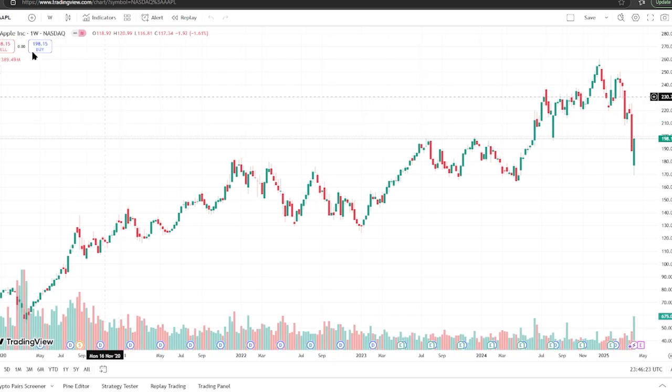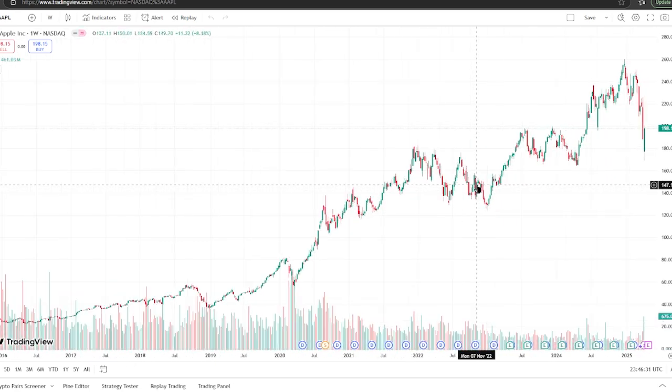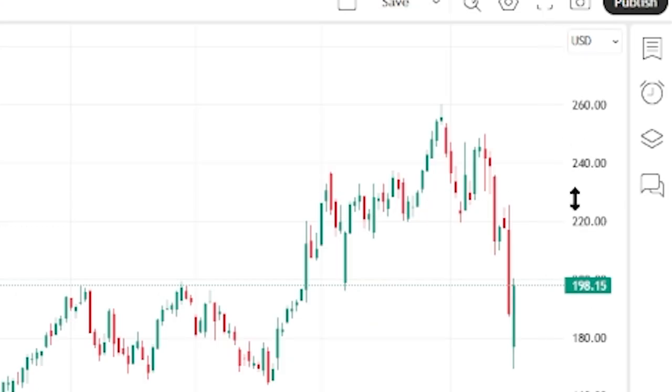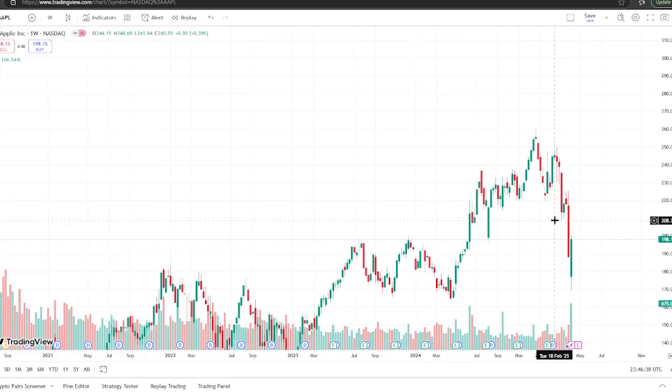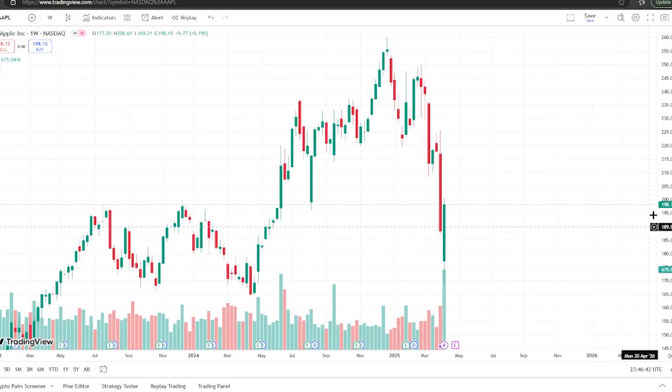You don't need an account actually to do this. I'm not even currently logged in, but we are now currently seeing Apple on TradingView. We can scroll out with our mouse and scroll in. As you can see, we're seeing more candle bars or sticks, and you can go to the right hand screen and scroll up, and I'm moving my mouse and scrolling up, and Apple is at